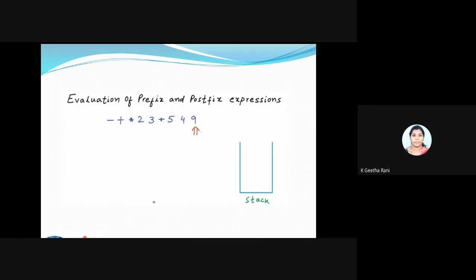Yesterday we saw the pseudocode itself. What the pseudocode tells you: if I get an operand, put it inside a stack. If I get an operator, I have to pop operand 2 and then operand 1, perform the calculation, get the result, and again put the result inside your stack. That is what we saw yesterday, the pseudocode for my postfix. So we are going to do the same here but in a different way. I'll be coming from the right hand side. I got an operand here, my operand is 9, so I'm going to just put this operand inside my stack.